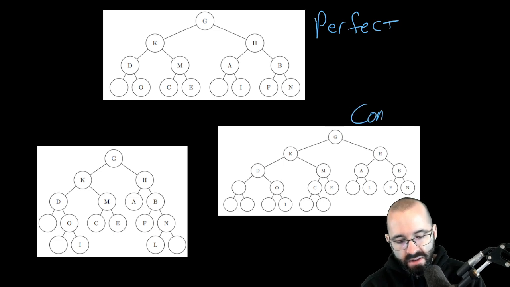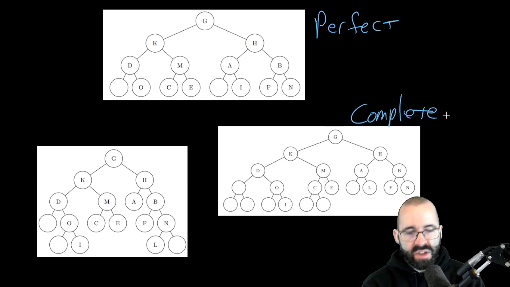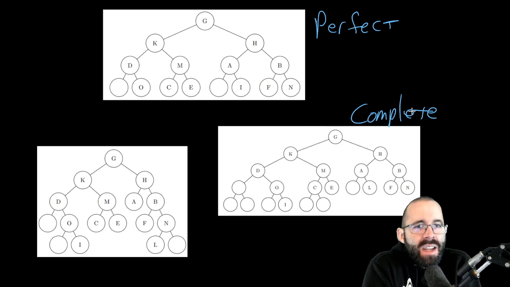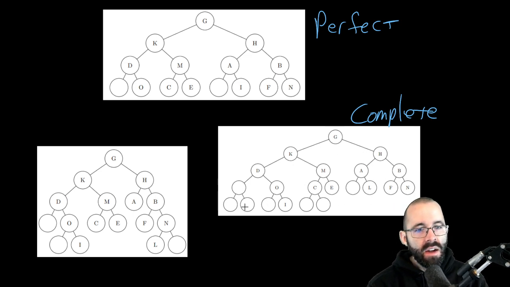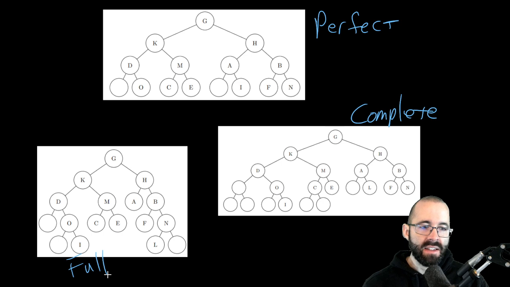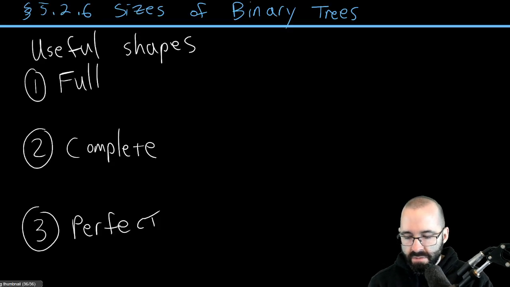Complete is over here. That's our middle requirement, which is, it's like as perfect as it can be, essentially, right? If we had more nodes, we could make it perfect, but we only had this many nodes, so we completely filled every level. And then the last one, we did as best we could. We filled it left to right, but we didn't have enough nodes to make a completely perfect tree. And then full is over here, where every node has 2 children, if it has any children at all. So some short definitions, not super precise, but in short,